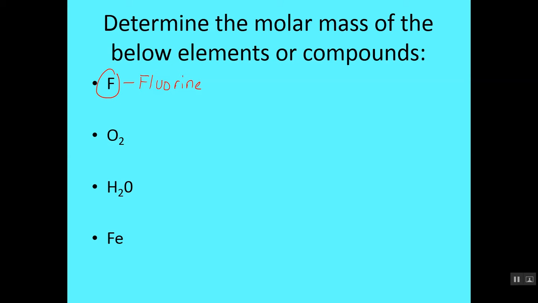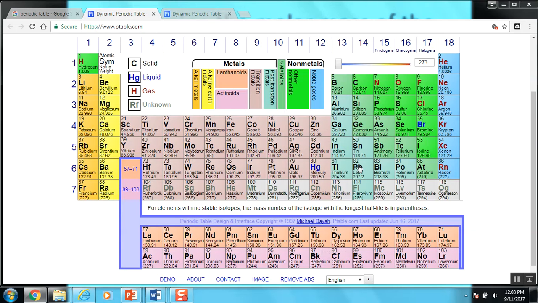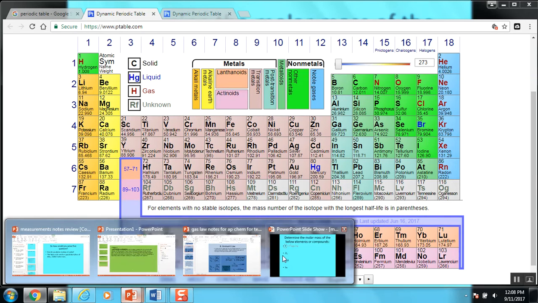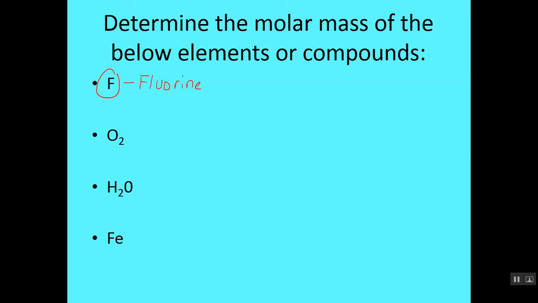Go ahead and find F on the periodic table and see if you can find what the molar mass for fluorine would be. When you find fluorine on your periodic table, it probably says something like 18.9998, or it might even say 19.00. So simply put, we could make a note that fluorine has a molar mass, its molar mass is